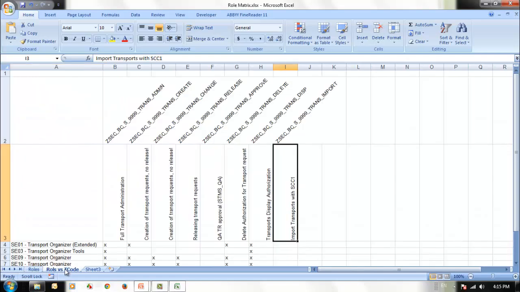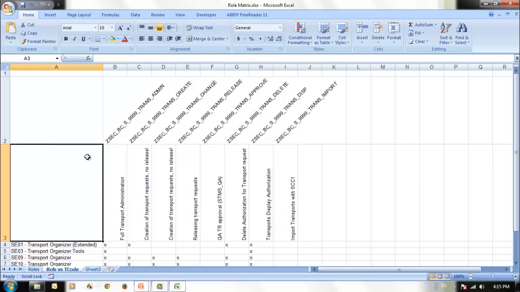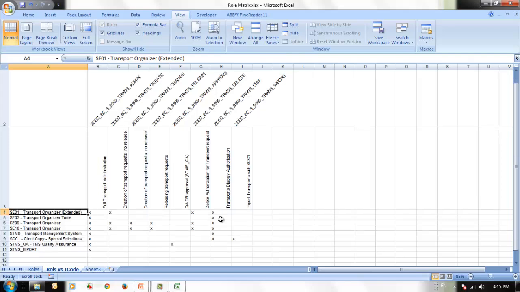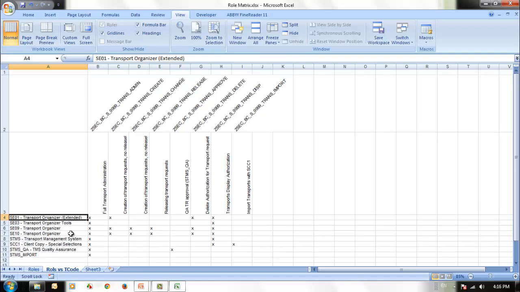Now let's see what all the transaction codes required are. We have a couple of transaction codes selected for this activity. SE01 is the extended transport organizer. SE03, which we have already seen, is the organizer tool, used for searching the transport request. Then we have the transport organizer